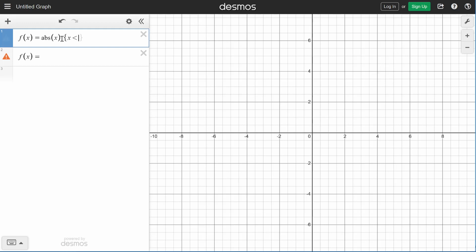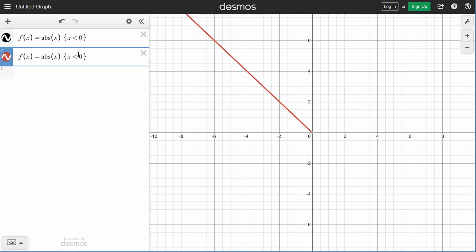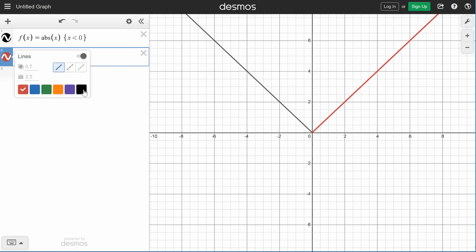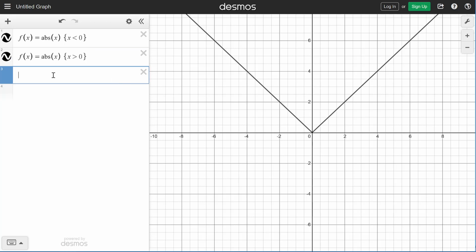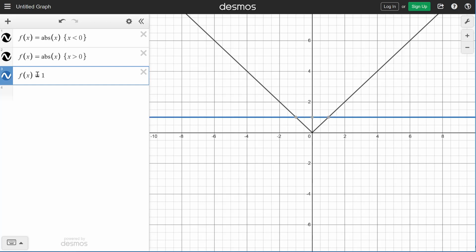I'm going to have x is less than 0, and then I'm just going to copy that and put that down here and do that again for x is greater than 0. So we have two spots. Now I'm going to make those both the same color because they're both part of the same graph. And then for the other part, I have f of x equals 1, and that's going to be a different color,